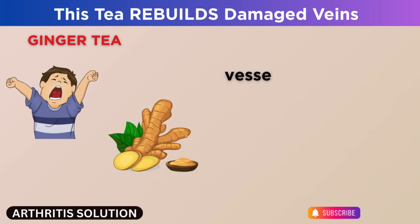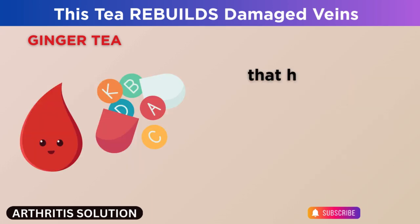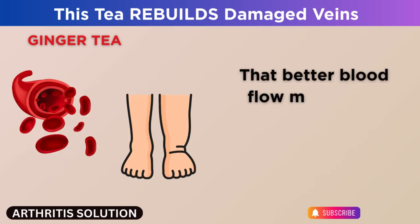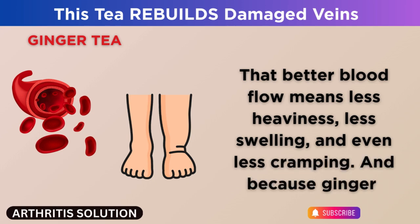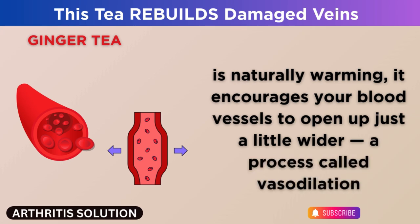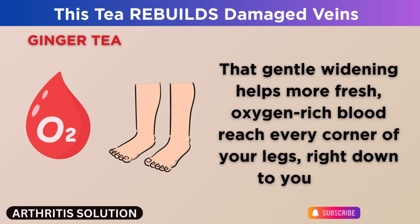If your blood vessels are narrow or sluggish, it's like trying to water a garden with a kinked hose. Ginger helps unkink that hose so the blood can move freely, delivering oxygen and nutrients to your leg muscles and veins. That better blood flow means less heaviness, less swelling, and even less cramping. And because ginger is naturally warming, it encourages your blood vessels to open up just a little wider, a process called vasodilation. That gentle widening helps more fresh, oxygen-rich blood reach every corner of your legs, right down to your